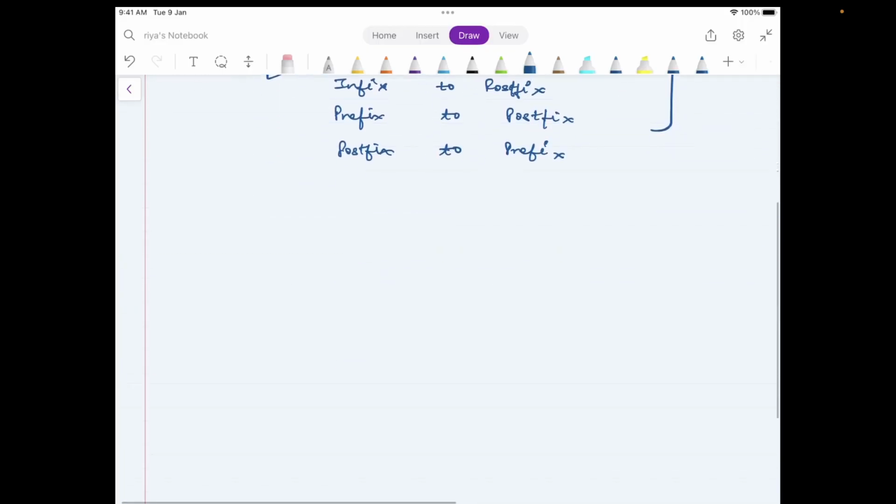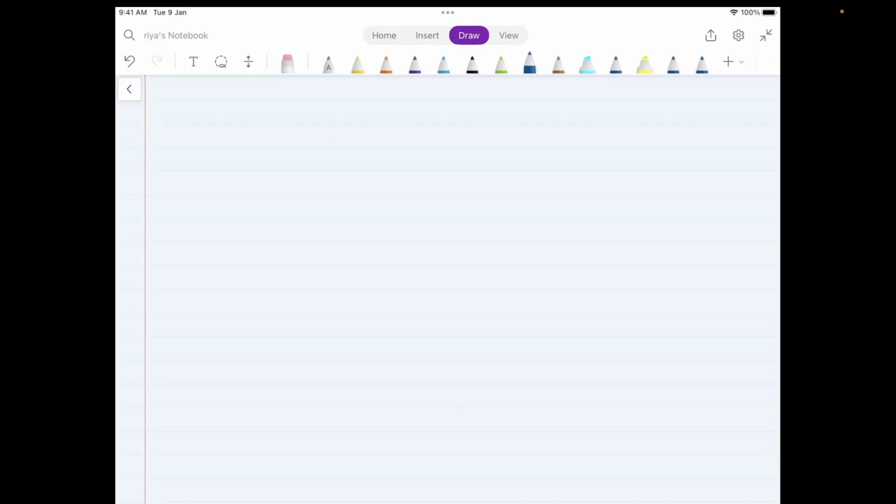Always know that whenever you are writing complex mathematical expressions, we generally prefer parentheses to make the code